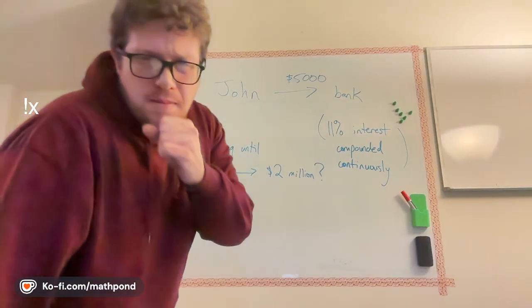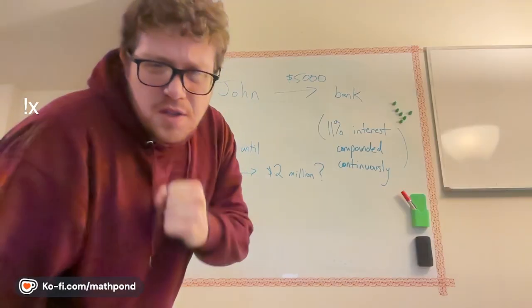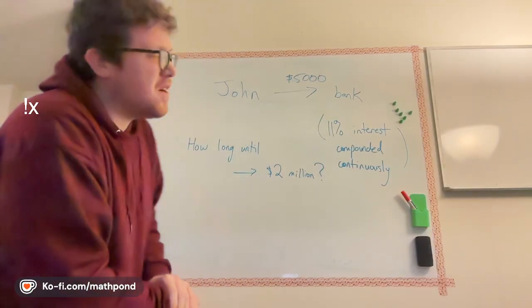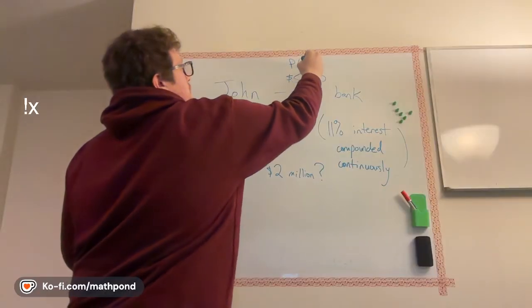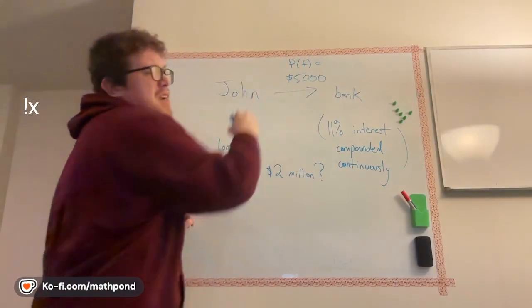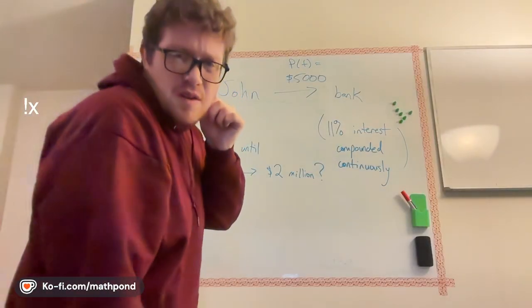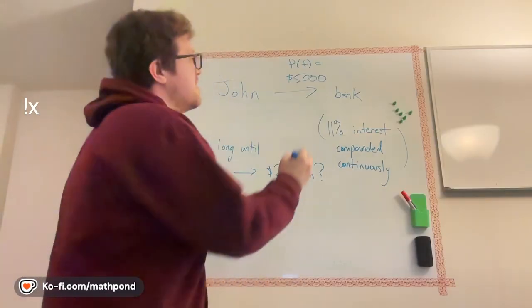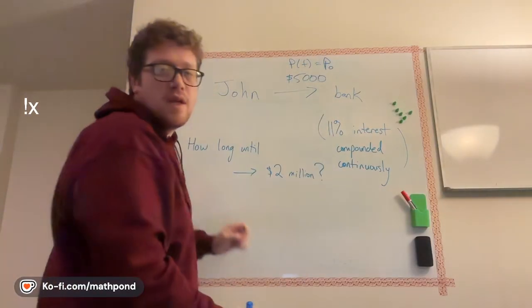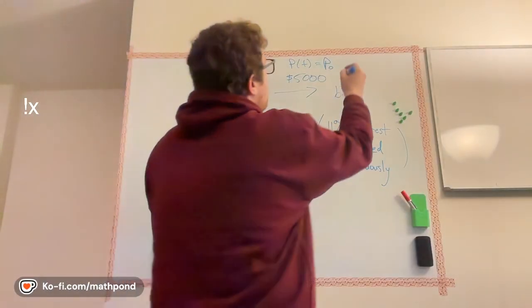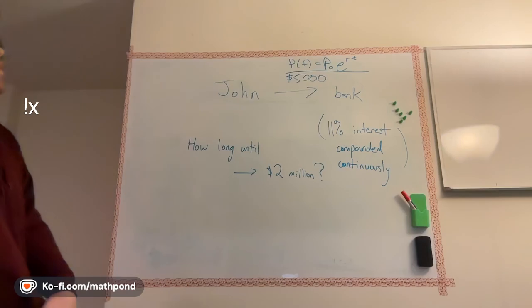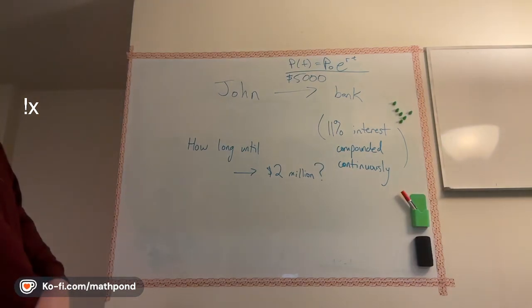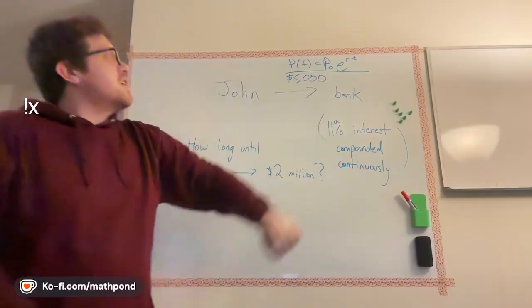Okay, and then Jake said that he's using the formula A equals P e to the RT. I'll put that at the top. Or I'll write it as P of T, P0, the initial principal, times e to the RT. And so this equation is just telling you